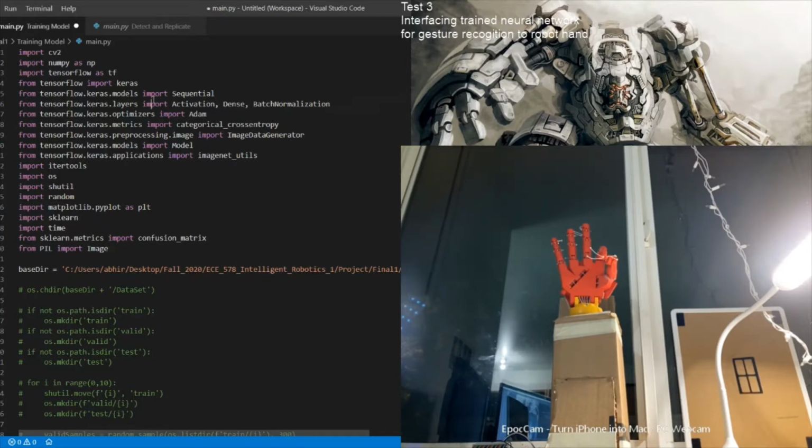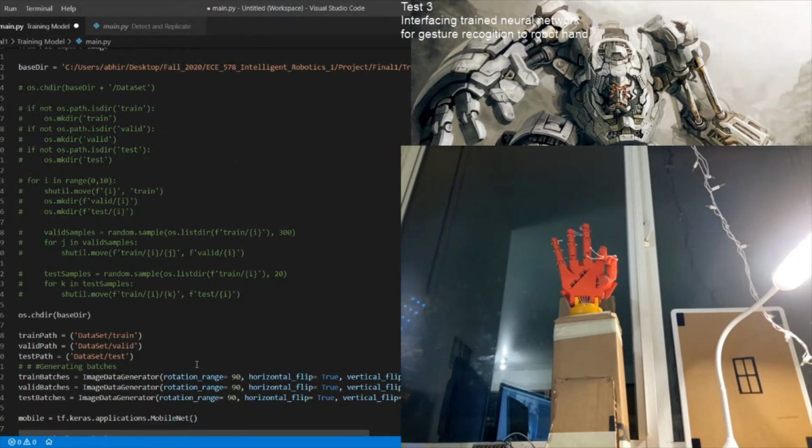So here for training model we need these CV2, NumPy and TensorFlow library and OS library. Other libraries are pretty much redundant. I'll remove them in final submission. Here I'm just setting few directories such as main dataset directory with train, valid, and test subfolders.